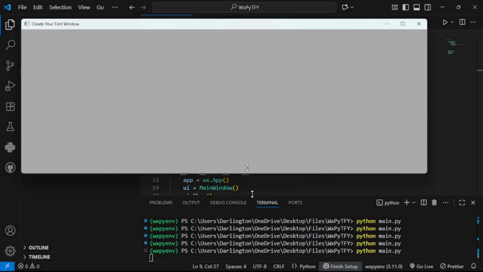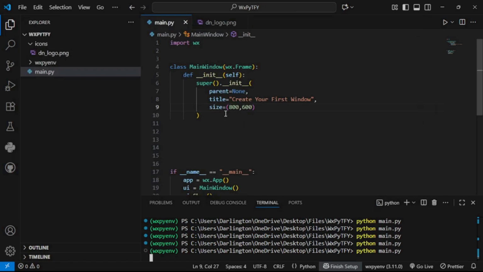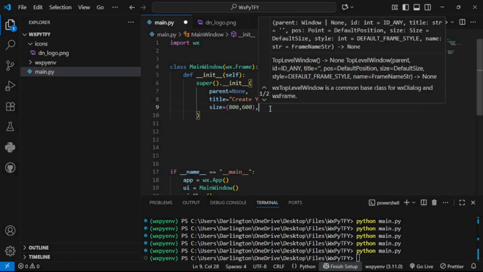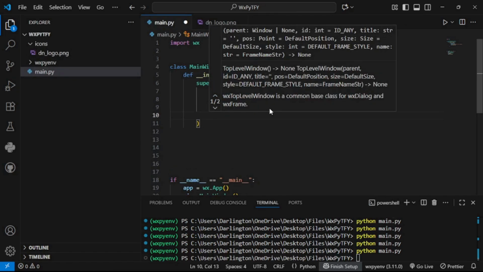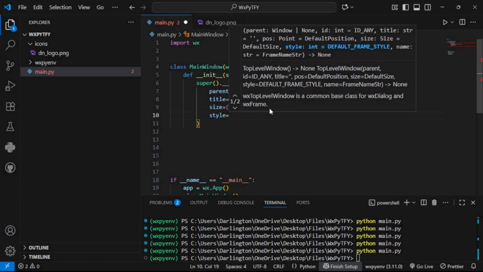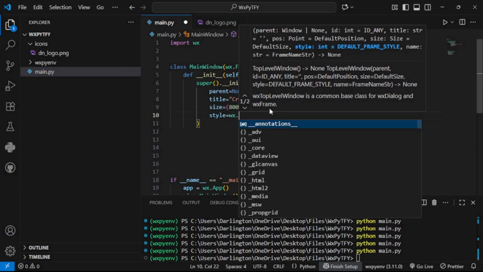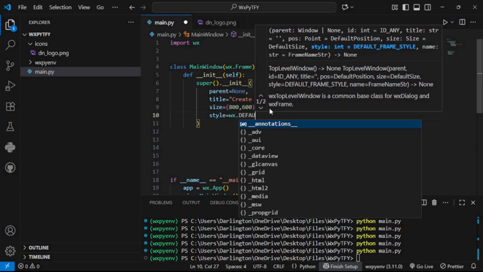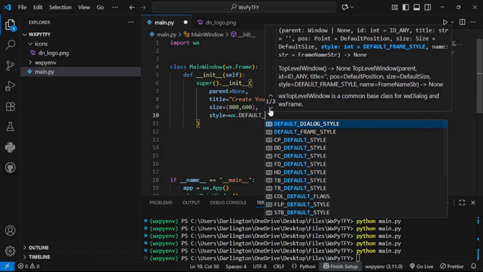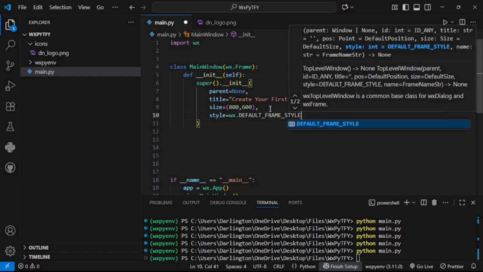Okay, and I can also reduce it. All right, so our code is working. Let's give it another parameter. So we could say style. The style should be wx.DEFAULT_FRAME_STYLE. Okay,